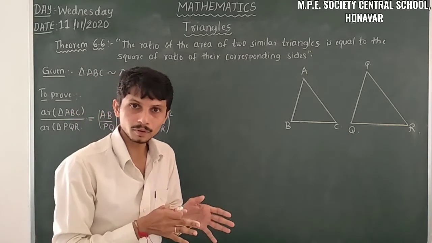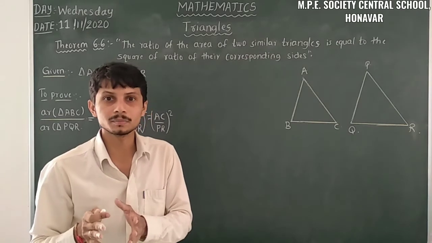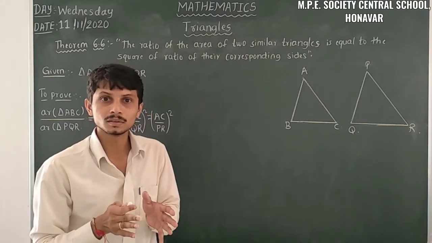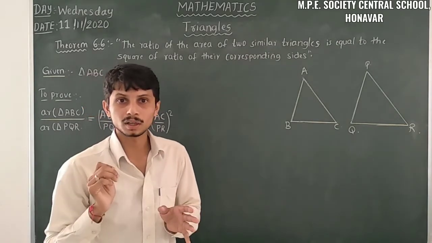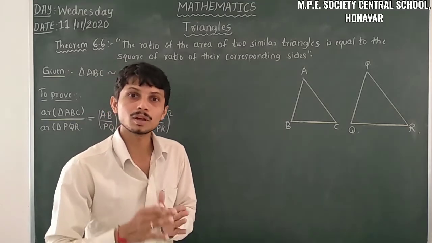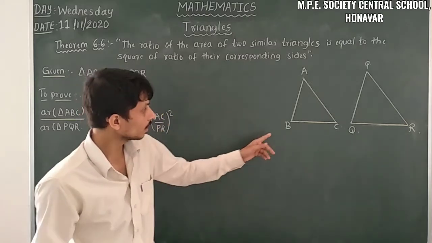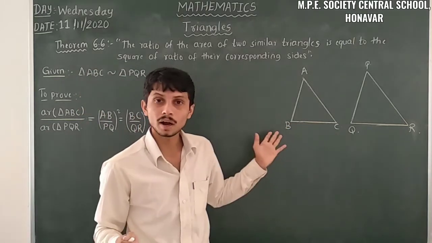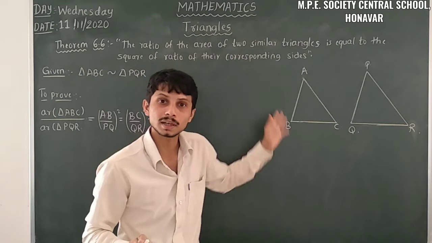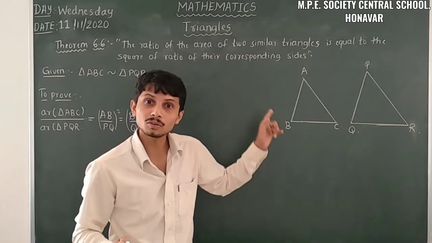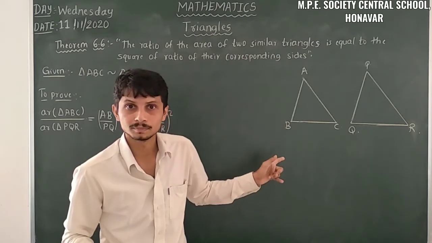So when we want to find out the area of a triangle, we have to take one formula. The formula for the area of a triangle is half into base into height. So here, 1 by 2 into base, we have height. The height of the triangle we want, so that's why we have to write the perpendicular height here.